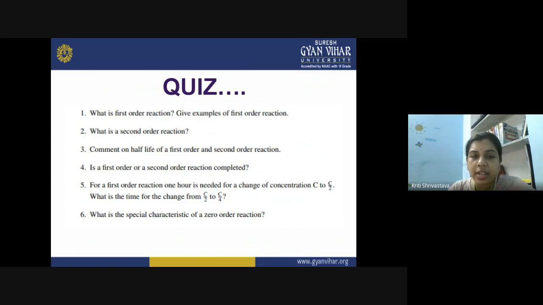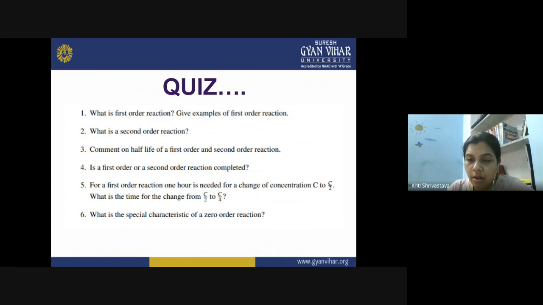From this lecture, first of all, you have to write down what is a first order reaction. You have to define the order of the reaction, and also write down different examples. Generally in chemistry, we have so many first order reactions involved, like radioactive decay is also a first order reaction. So you have to find out such reactions which are commonly known to us, and give examples of first order reaction.